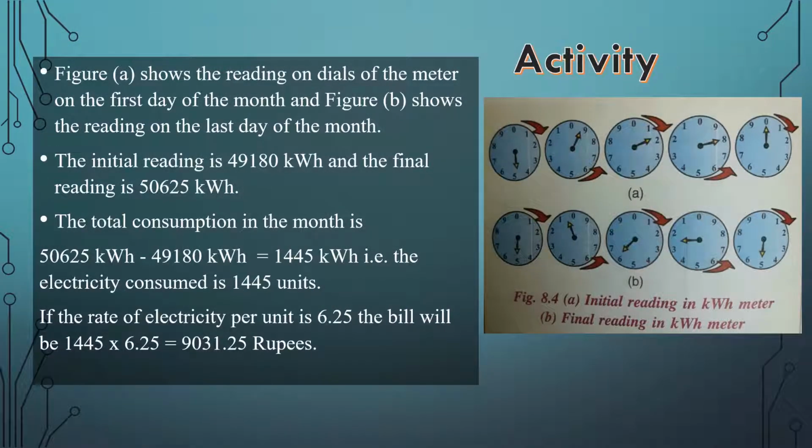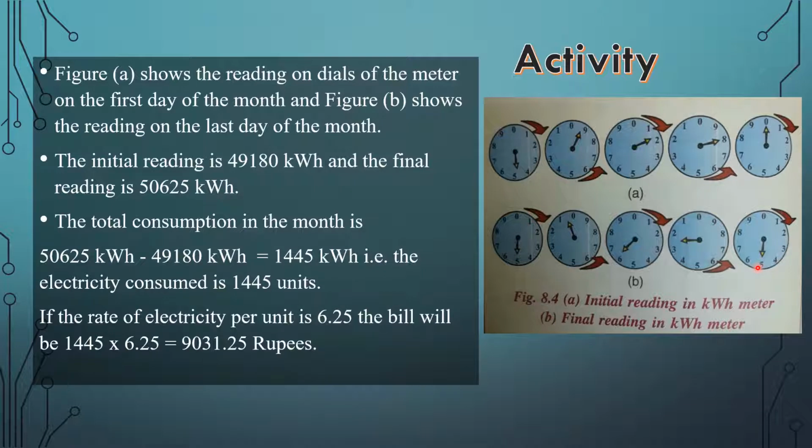Let us now see an activity to find the consumption of electricity in a month and to pay the electricity bill based on the reading. So here children you have diagram A which shows the initial reading in the meter and diagram B which shows the final reading in the meter. So A shows the initial reading, that is 49180, that is 49,180 kilowatt hour, and the reading on the second diagram is 50625, that is